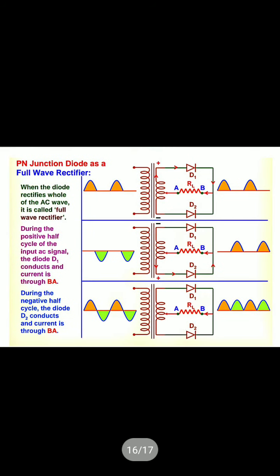Okay, for the full wave rectifier, here we use two diodes, and in the middle, between A and B, the RL is there. Across RL we calculate the output, and there is a directional sign over there that also touches the transformer. This is called a center tap transformer. Center tap transformer means when the upper half is positive and the lower half is negative, then D1 allows the current to flow through it, but D2 does not allow.